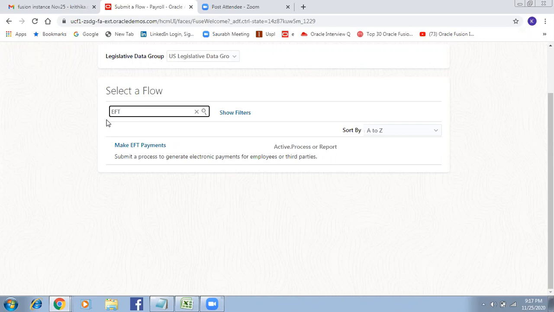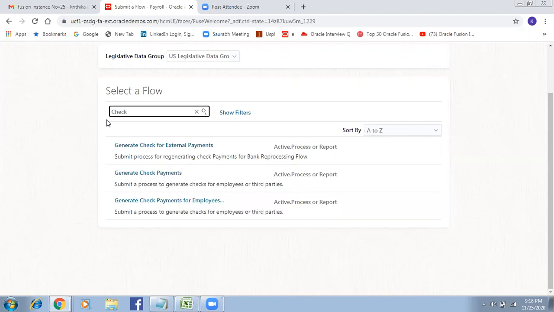It's called something else in my slide. Calculate prepayment. Generate check payment. Calculate payroll. Generate check for external. Will they do...